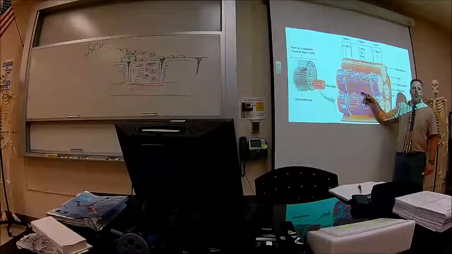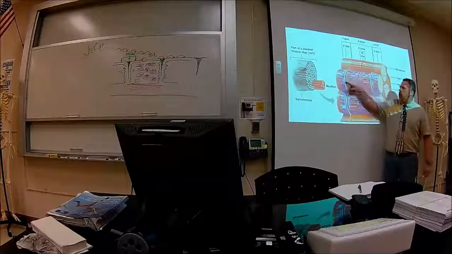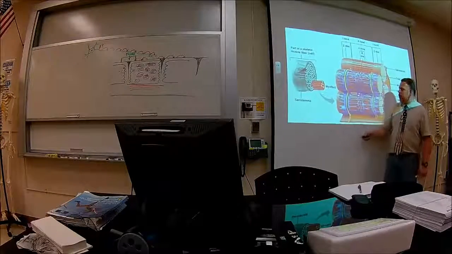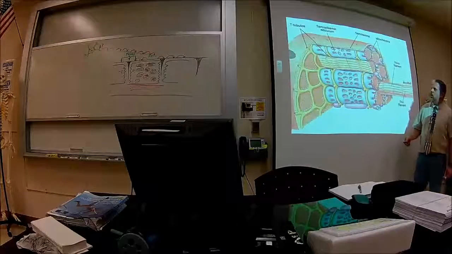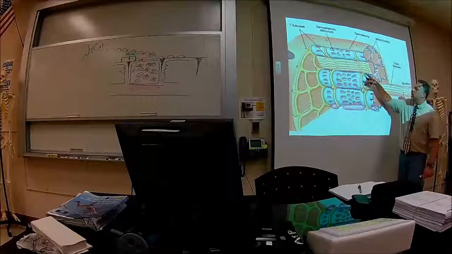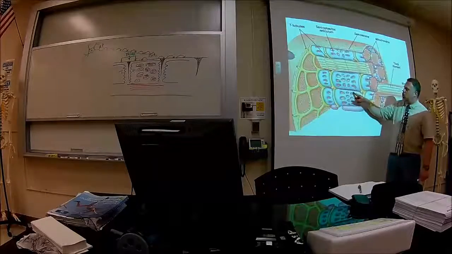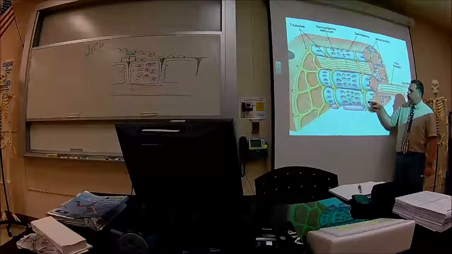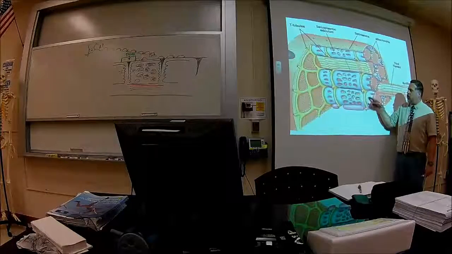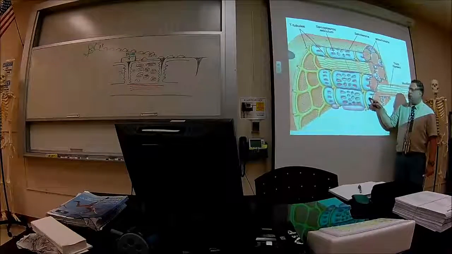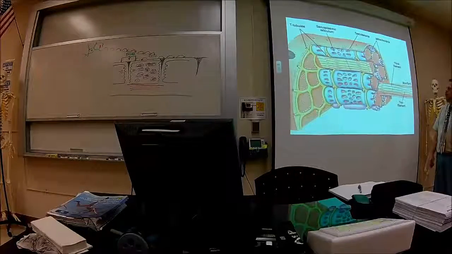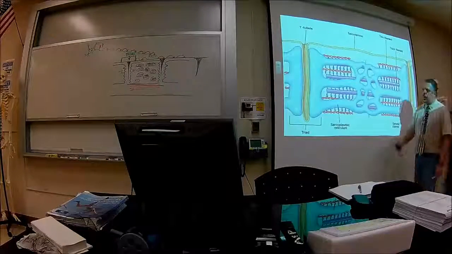Sarcoplasmic reticulum. The yellow here is the T-tubules. Alright, we get up closer. See it? T-tubules, sarcoplasmic reticulum. The area of the sarcoplasmic reticulum that's adjacent to the T-tubules, these areas are the terminal cisterna. You put the three together, you got the triad. You get really close up, and that's what I'm trying to draw